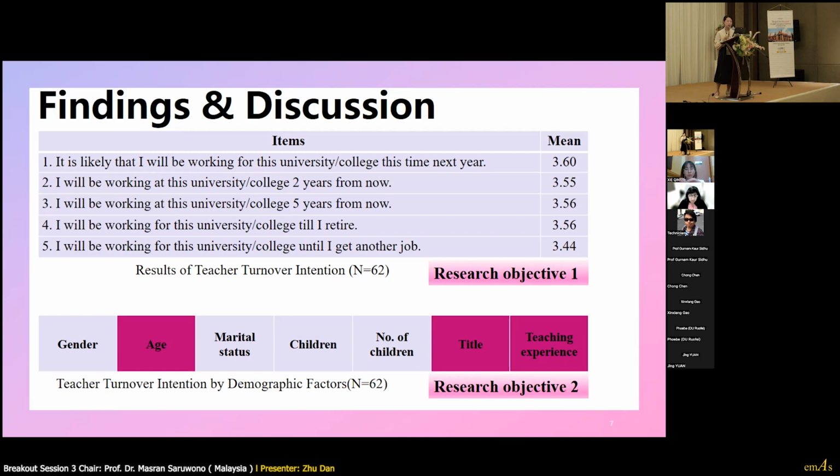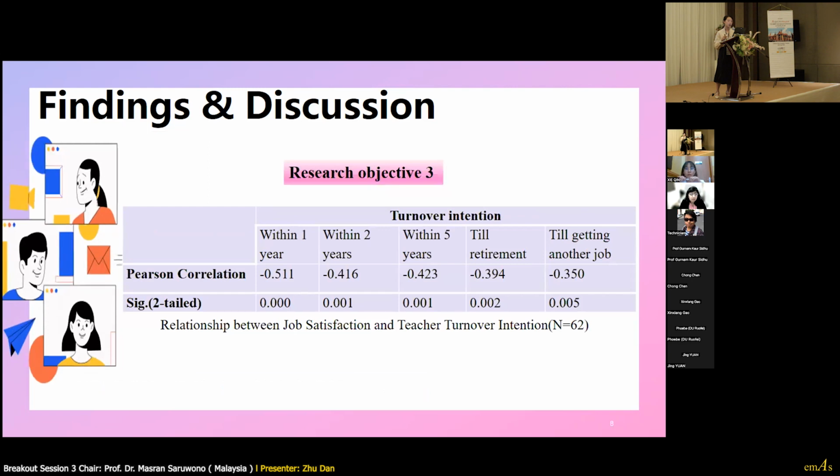This means that teachers with younger age, lower academic titles and less teaching experience are more likely to leave the teaching profession.